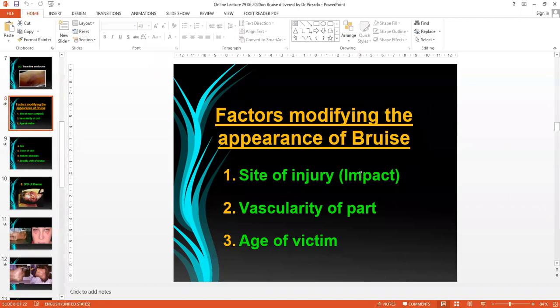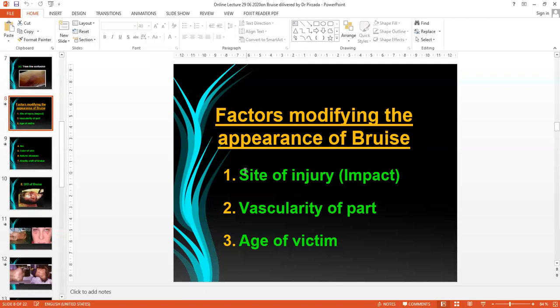Now, I will discuss how it appears at the site of impact, and how it appears away from the site of impact. So the site of injury is more important. If it is applied in a certain area where a bruise does not easily appear, for example, if you take a lathi and apply it over the head, the scalp area, a bruise does not readily appear because the skin is compressed between two hard objects. Externally you are applying the lathi, and internally the hard structure is the skull. So the skin is ruptured between the two hard objects,